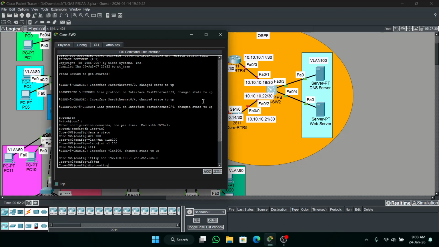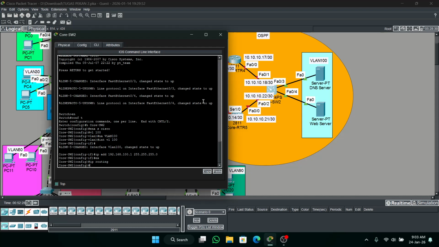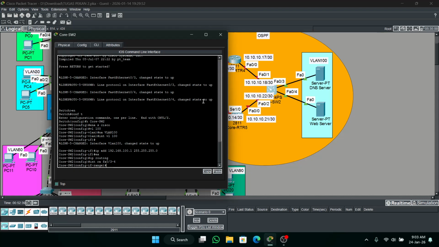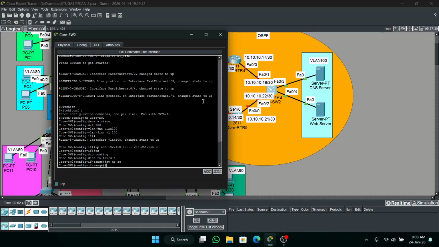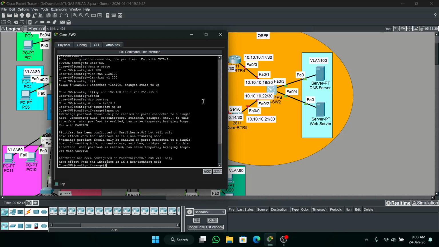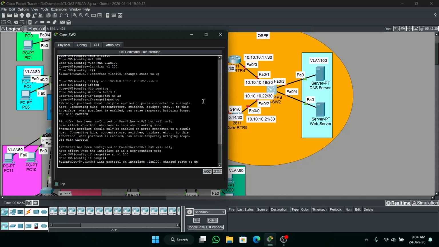IP routing. Okay, interface FastEthernet 0/3 until 4. Okay, switchport mode access, spanning-tree portfast, switchport access VLAN 100.